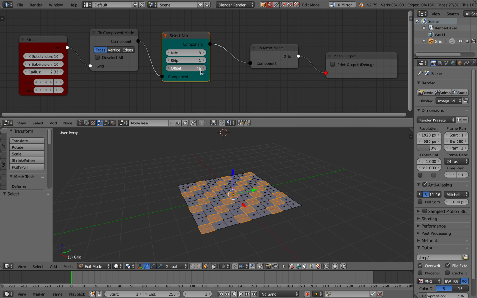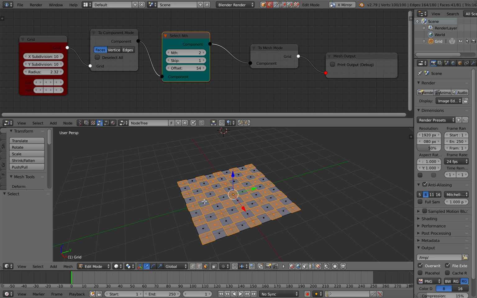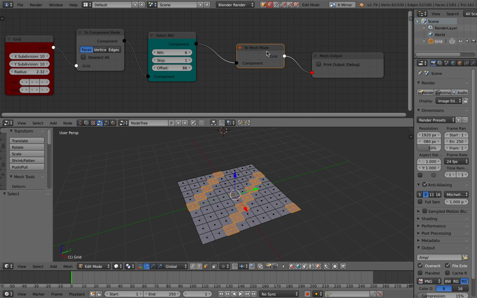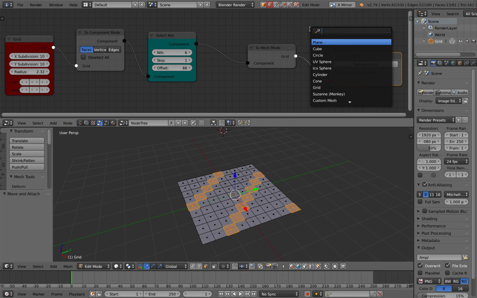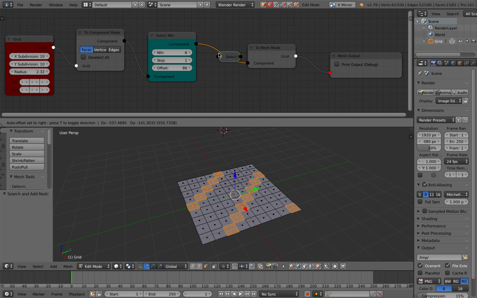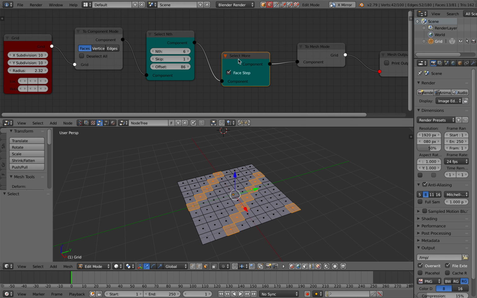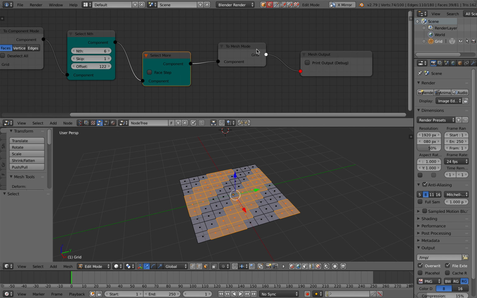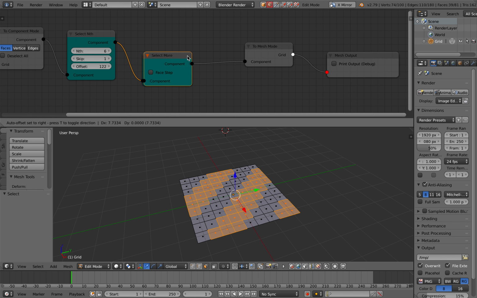So with this thing selected, now we can go to the next procedure and then select every nth. Now this makes sense because we are kind of selecting every second face. So you can change this and then offset it. I think this is actually pretty cool in itself. And if you perhaps want to grow it, select more. Okay, select more. That's also kind of interesting. So this is kind of like growing your selections. It can come in handy because you can kind of combo this thing,